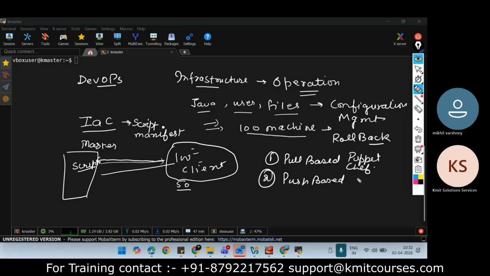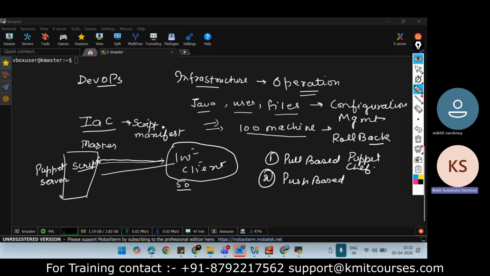Whenever you are using Puppet, for example, you need to install the Puppet server on the server machine. We are not discussing Puppet here, but I just want to give you some overview of pull based so that it will be easy to understand why we are using Ansible.